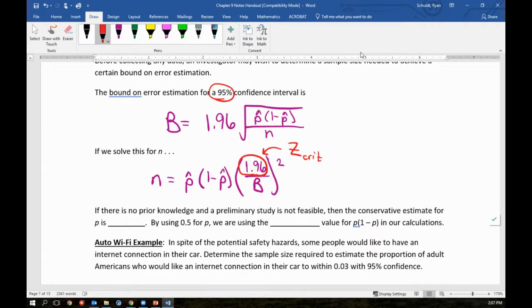If there's no prior knowledge, we can't do a preliminary study, then the conservative estimate for P would be 0.5. And then also, remember when we multiply decimals. Like if I started with 0.1 times, oh wait, sorry, I need to do P and 1 minus P. But if 0.1 times 0.9, that would get me